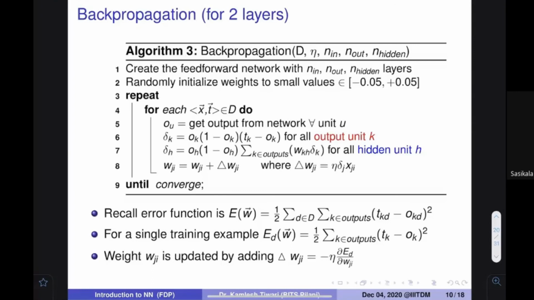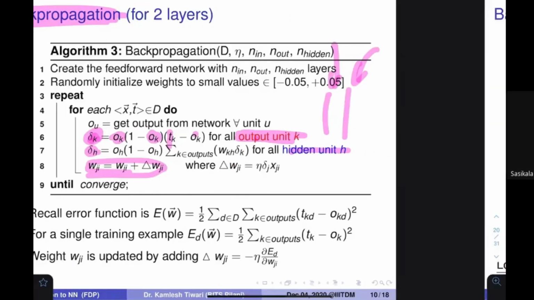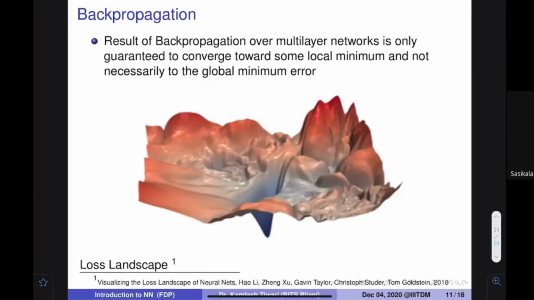This particular back propagation algorithm is only for the 2-layer perceptron. So if 2 layers are there, one is the output layer and there is a hidden layer, then for the output layer you try to see what is the output and what is the target, see the difference, multiply with the output, and there is a delta k and delta h for the hidden units. In a similar way you modify these things, and ultimately things are going to converge and you are going to find the values. Make sense? We will not go into the mathematical detail of this, but this slide is important.